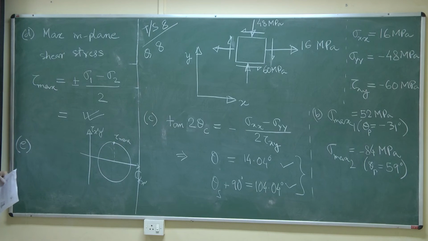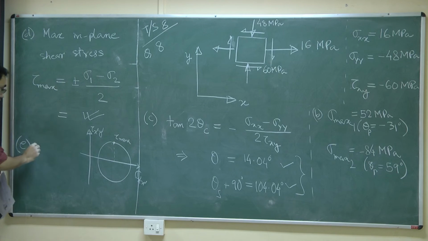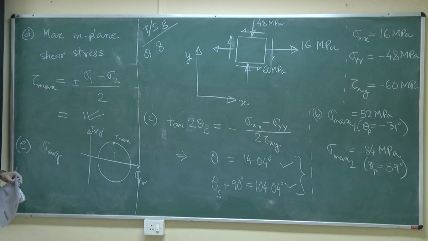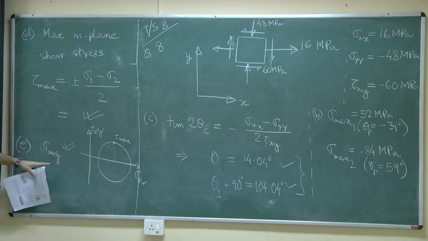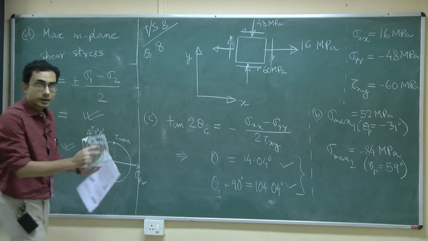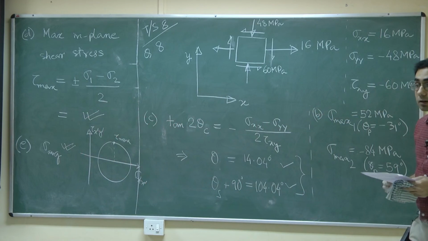All that you need to do is find out the sigma average here. Okay. So, all that you have to do is find out sigma xx plus sigma yy by 2. Okay. Now, all this plug and play business is fine as I had mentioned earlier, but